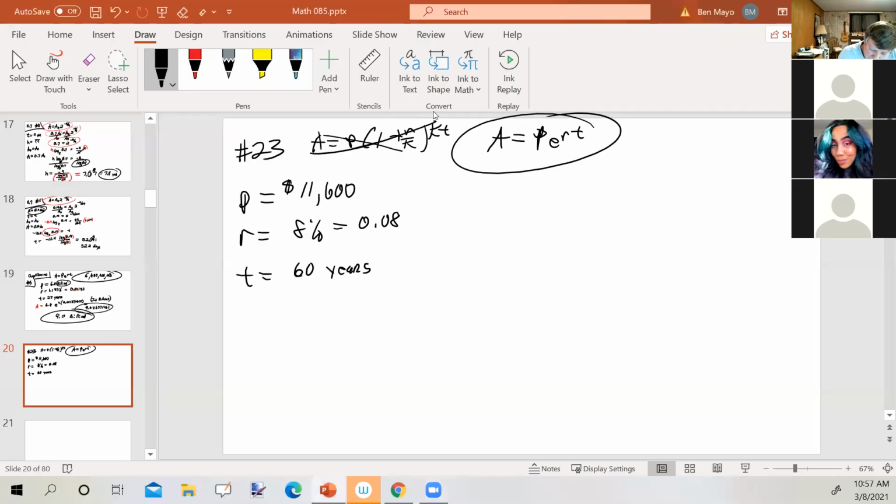So again, we're not going to use this formula because the interest is compounded continuously. So we're going to use A equals P e to the rt. Principal $11,600, interest rate 8% or 0.08 times 60 years. So A equals 11,600 e raised to the 0.08 times 60 power. So 11,600 times e to the 0.08 times 60, close that up, and I get